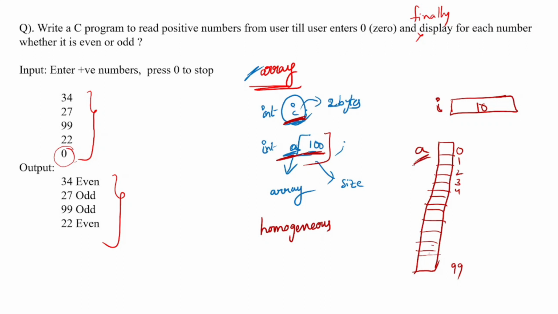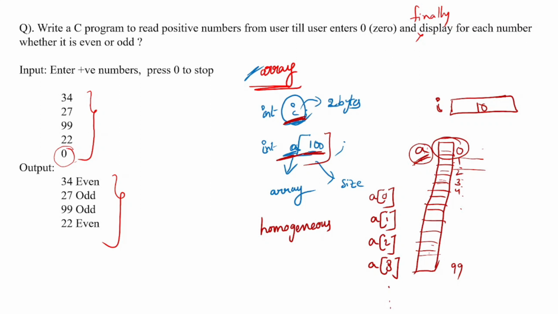These are continuous blocks. Here it takes 2 bytes, and this takes 2 bytes, and this takes 2 bytes, but the starting address is placed here. A of 0, next A of 1, A of 2, A of 3, A of 4, etc. We can differentiate these blocks, or these numbers, with this index. A of 0 is the first element present in this container, A of 1 is the second element, A of 2 is the third element, A of 3 is the fourth element, and so on. This is about the array concept.